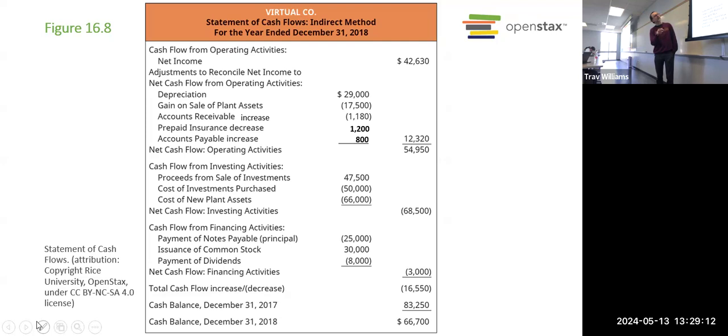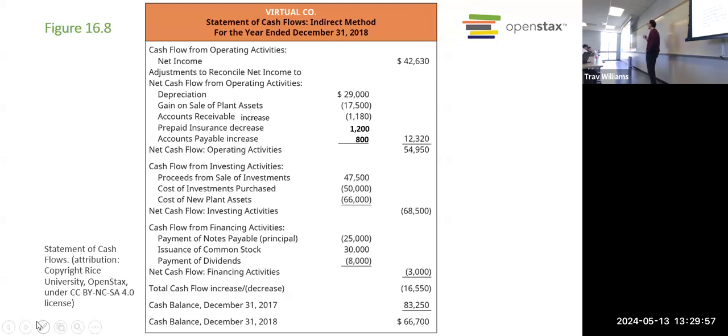Any change in short-term assets, like this increase in accounts receivable, causes a decrease in cash. A decrease in another asset causes an increase in cash. So again, everything is opposite until you get to the current liabilities. If they go up, cash goes up. If the current liabilities went down, cash goes down. Okay, it just takes some getting used to. Once you've figured out all those adjustments, you add them together. Then you take that amount, combine it with your net income. That's your operating cash